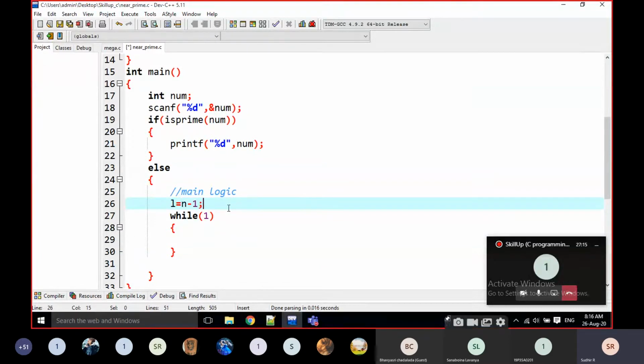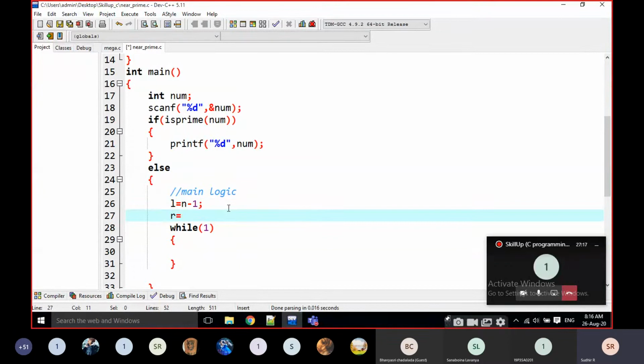L is equal to N minus 1 and R is equal to N plus 1. 1 is taken as the left-hand side number. For example, N is equal to some 25. I'm going to take here L is equal to 24 and R is equal to 26. The next number and the previous number of that number.